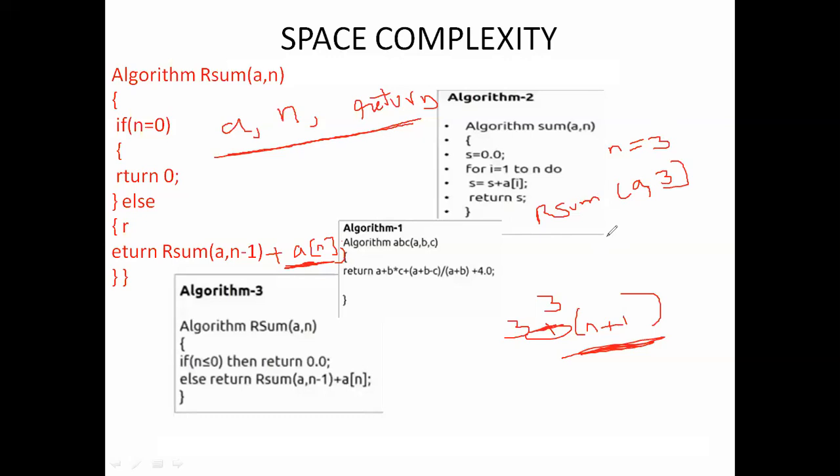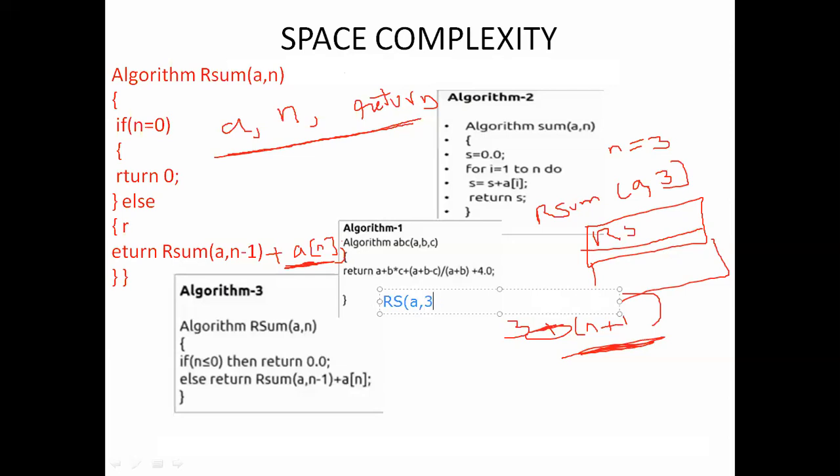So first of all, when we call this function, the stack will allocate the memory. The first time we have called rsum, so I am writing rs here. I am calling with the variable a and n value 3.